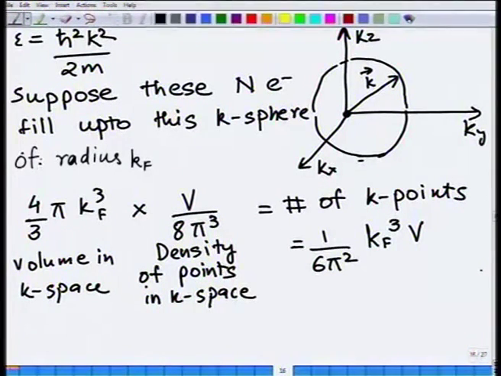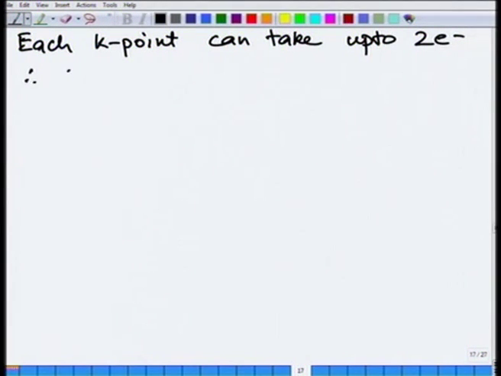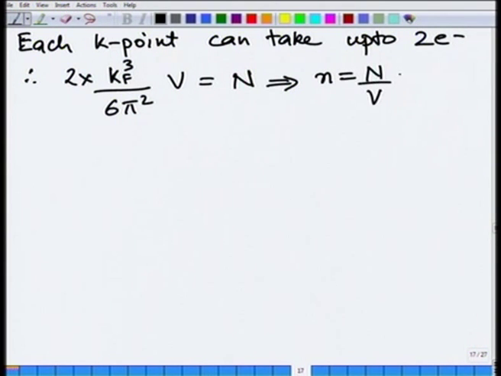All right. Now, this is the number of k points. Each k point can take up to 2 electrons. Therefore, 2 times the number of k points, kF³ divided by 6π² multiplied by V, should be equal to the total number of electrons that I have. What that implies is that we can write n, which is equal to N divided by V, as being equal to kF³ by 3π². So, my important relationship is